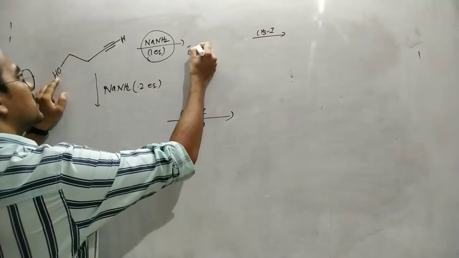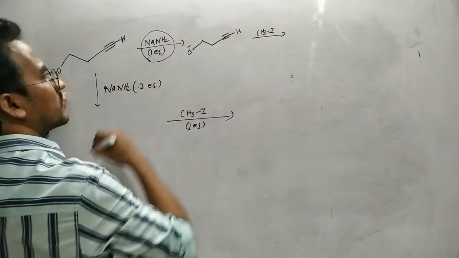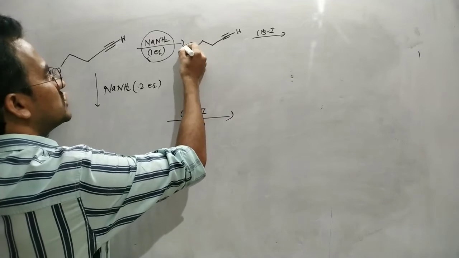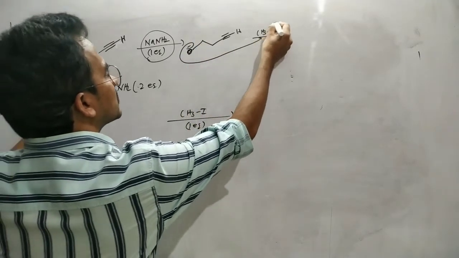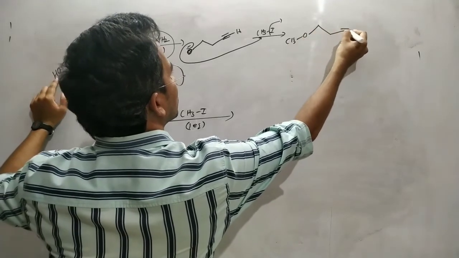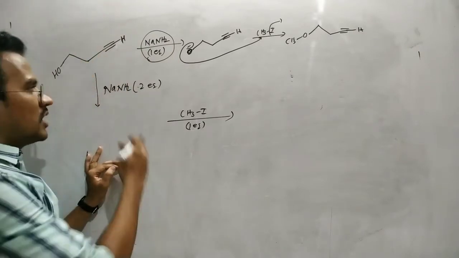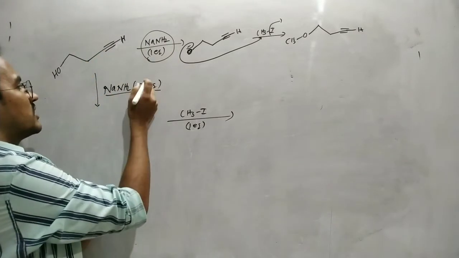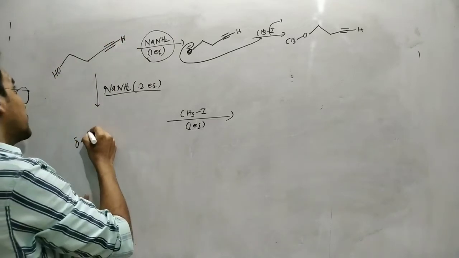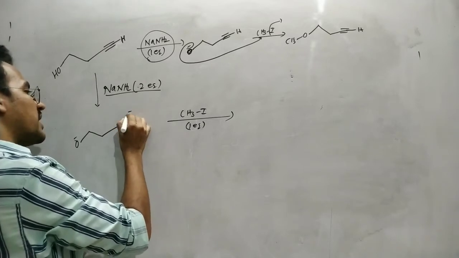That means here O minus, here this one. Between these two, O minus is more nucleophilic. So this O minus attacks on this one. As a result, we'll get the ether. Okay, that is the product. Now in this case, when reacted with two equivalents of the base, this H plus can be removed, this H plus can be removed. So O minus, and here I am writing C triple bond C minus.